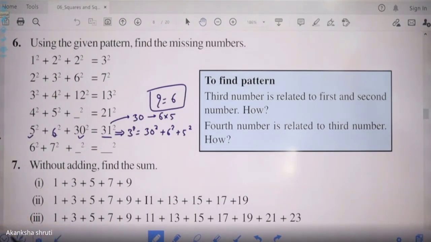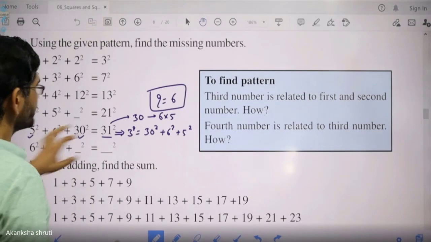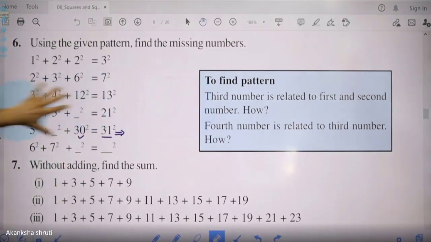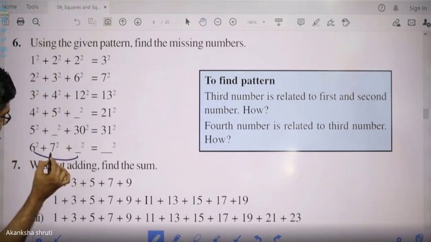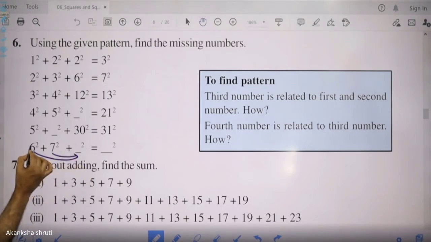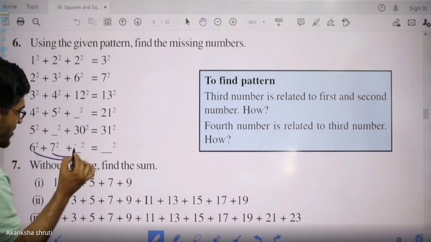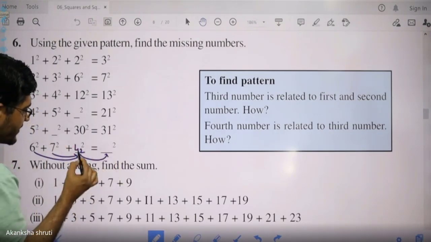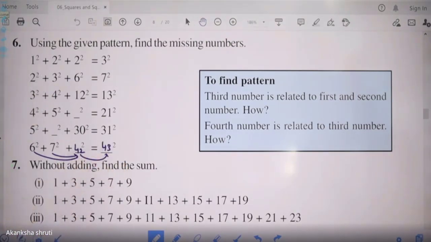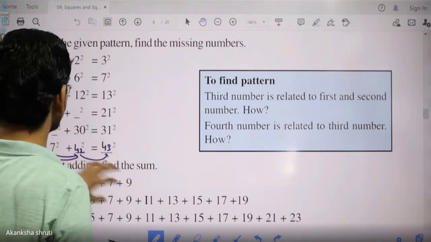Very interesting. Students, now in this next question, we have to fill in the two terms. Again we have to apply the same idea. What we are observing is that the product of these two numbers comes here. So 6 and 7: 6 sevens are 42 will be here. And just increase it by 1, and we get 43. So even these two terms we have filled. Their multiplication we have to write here, and just increase it by 1 to get this one. Interesting? Very easy. Keep in mind. Student, this was all about question number 6.